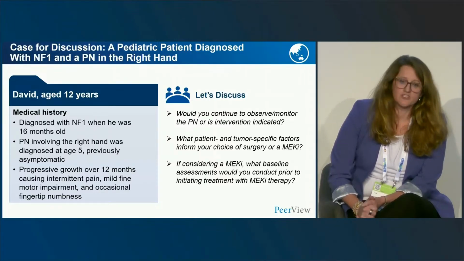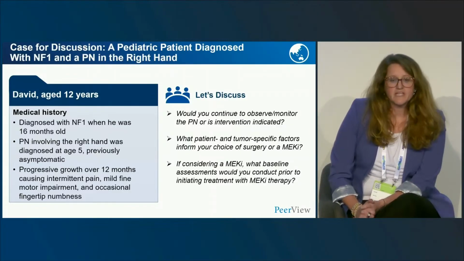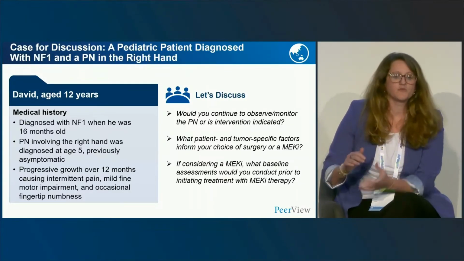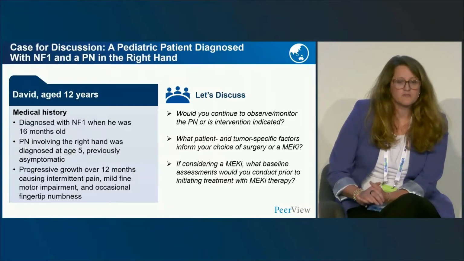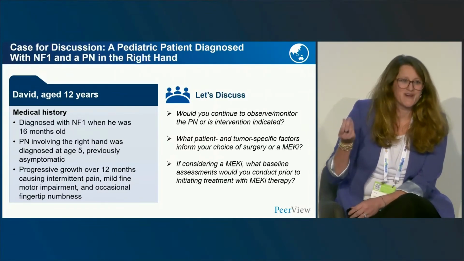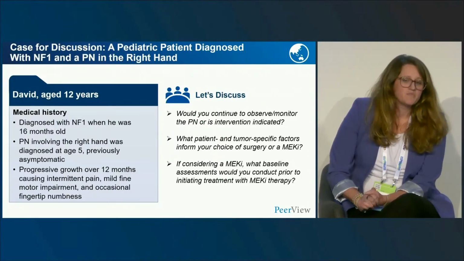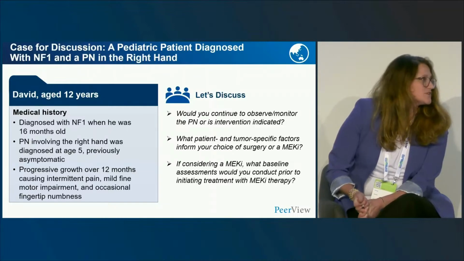And we would review the images together with our neuroradiologist and pay a lot of attention to that. But in general, hand tumors tend to be a little bit harder if they're deeper and are ones that are actually causing motor impairment already. So I would consider surgery, but this may be a case where I went straight to MEK inhibitor.